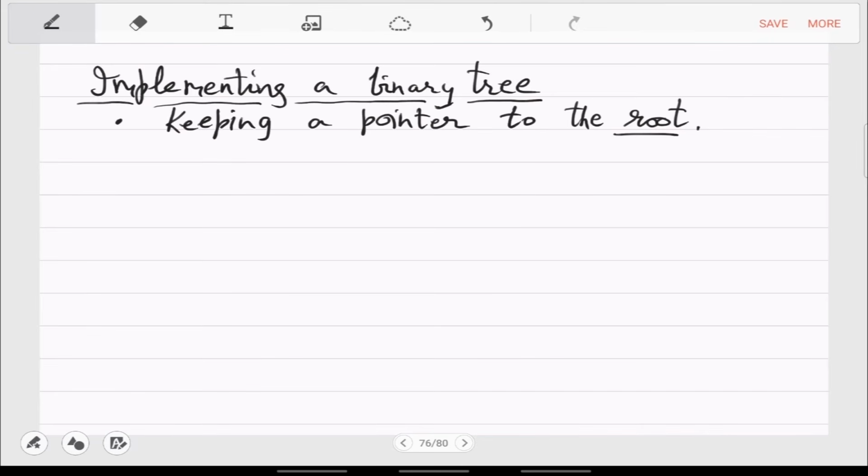So this is what we call T. And each node is basically a struct.